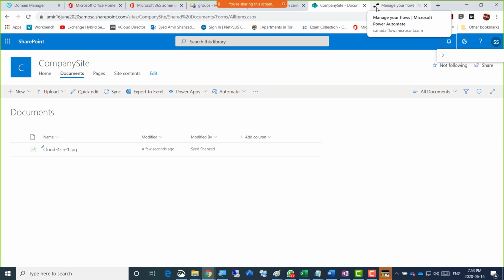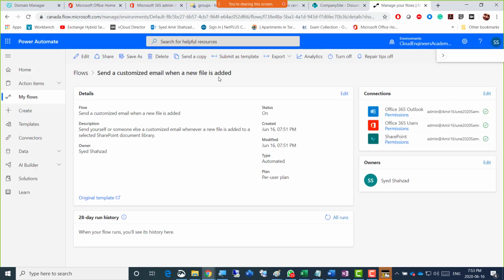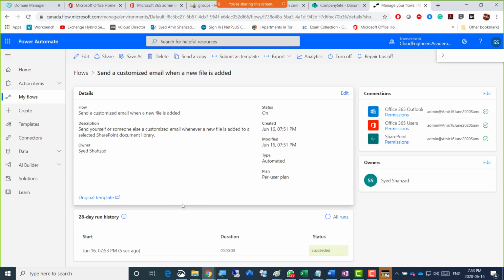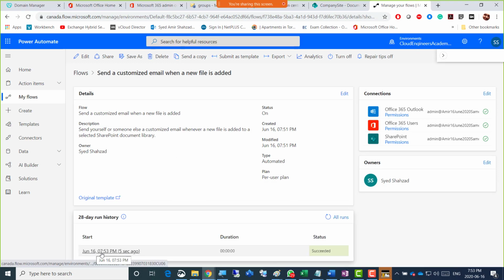So did the flow actually work? In the background, did it work? I'm just going to refresh that. I'm going to visit my email now as well, or we can just check it later as well. So I'm just going to refresh that. Or do we have to do something else as well? So I'm going to refresh here on the flow, and yeah, there's that June 16.